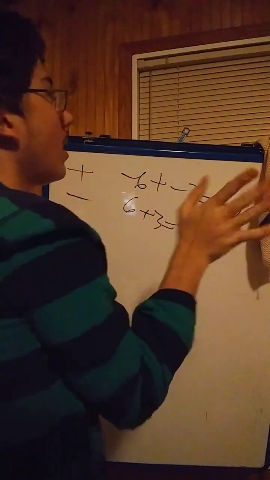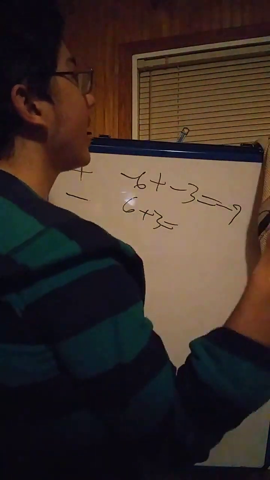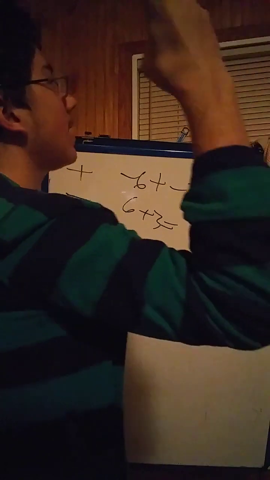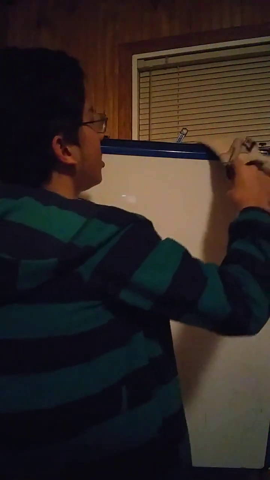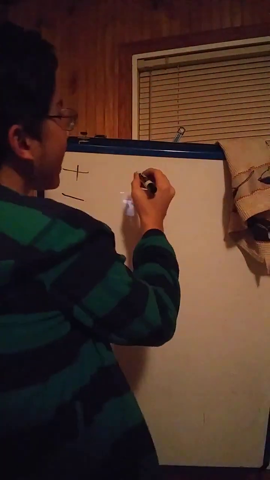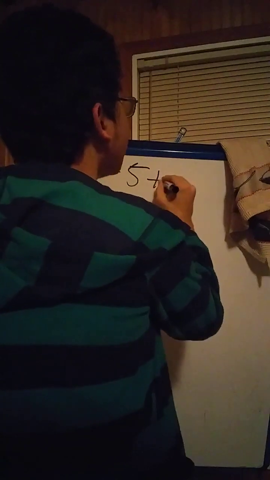So obviously, if we have two negatives, we get more negative. A negative equals a negative. Positive equals another positive. I'm talking in math rules here. Okay. However, that changes. We're going to say 5 plus negative